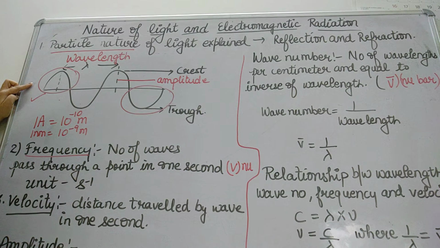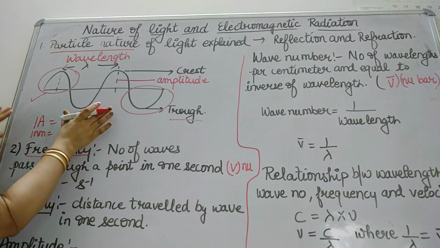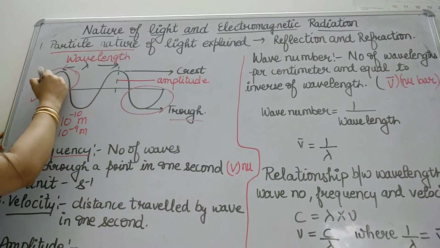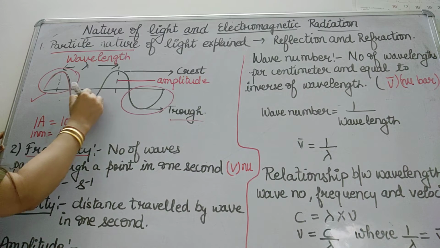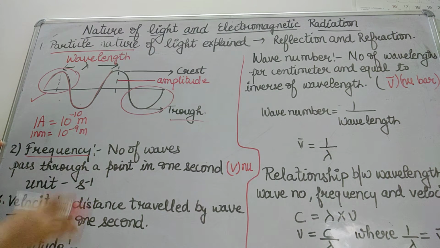So waves may be considered as a disturbance which originates from some vibrating source and travels outwards as a continuous sequence of alternating crests and troughs. Okay, so this is a wave motion I have shown you. This is one complete wave. Understand? After this, we are going to discuss a few properties of the wave motion, and the first property